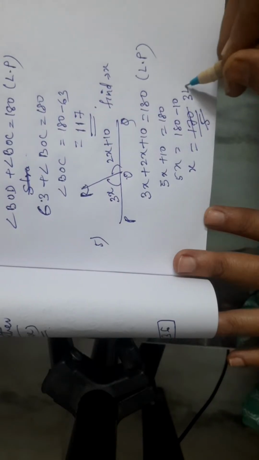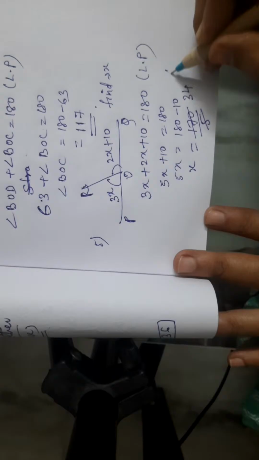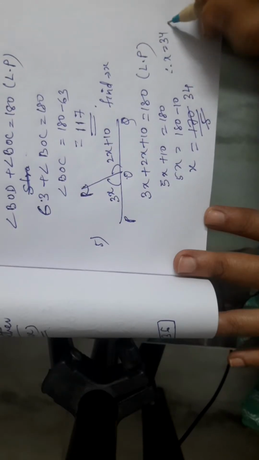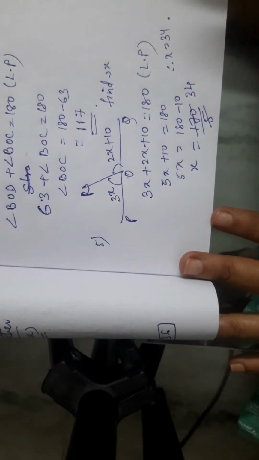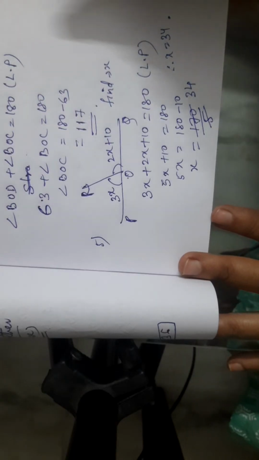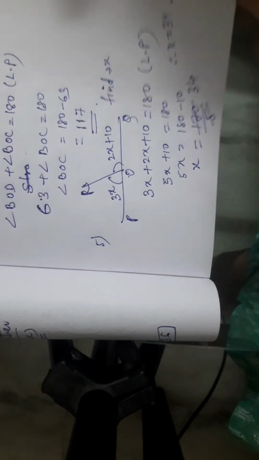5 3s are 15, 5 4s are 20. So the value of x is 34. This is how we calculated x. Now in the next question,